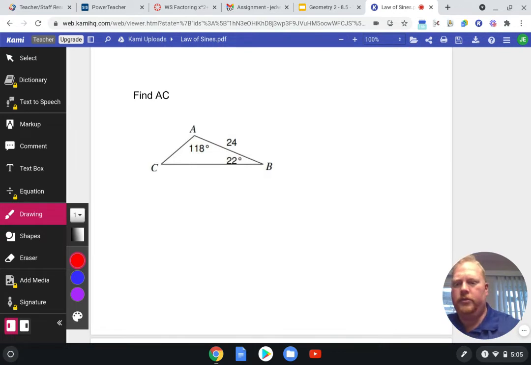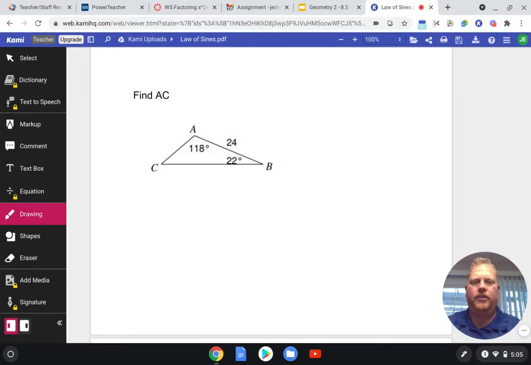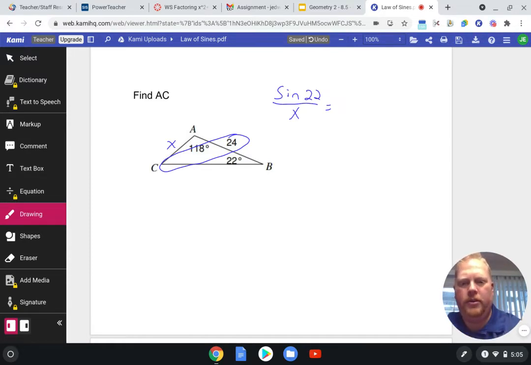Let's do another one. So it says find AC. So I've got the 22, which is directly across from the x, so I can set up sine of 22 over x equals, and then for the 24, I don't have the opposite angle. So I've got the 118, but the 118 would go with side A. So what I have to do in this case is I have to figure out what angle C